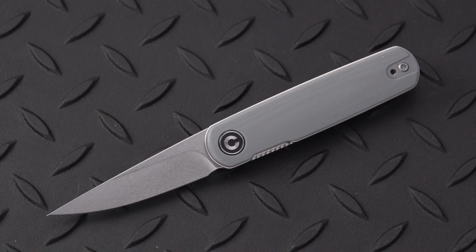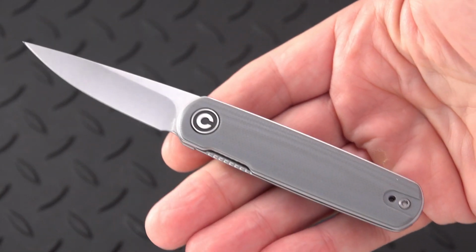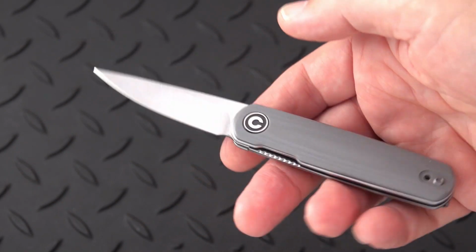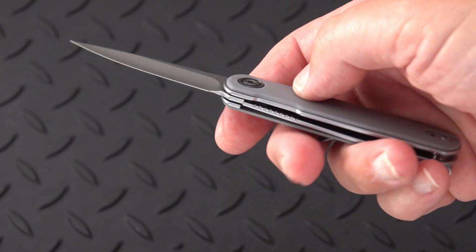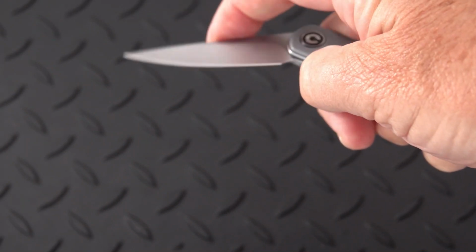The steel on this one, I believe, is 14C28. We're going to get to the specs in a moment. I'm going to move it around a little bit, show it to you, and compare it to some other such knives. So let's back out first. Don't need a whole lot of room for this knife, but there you can see the scale. Might have looked enormous in the initial opening part of the video, but you can see that it is a discrete